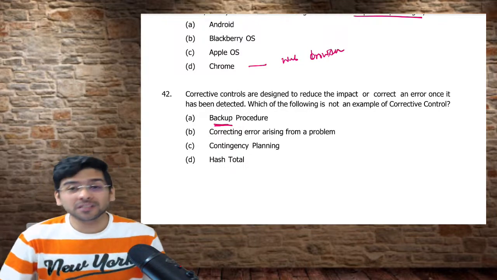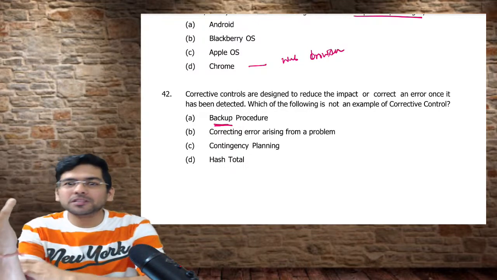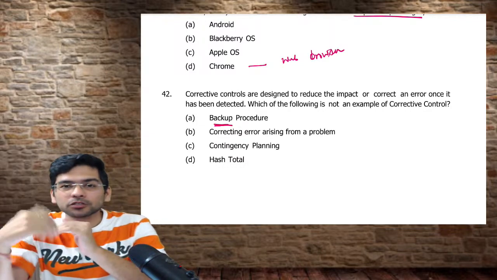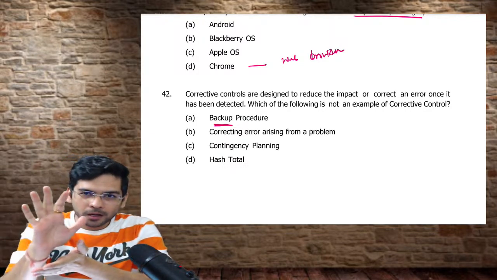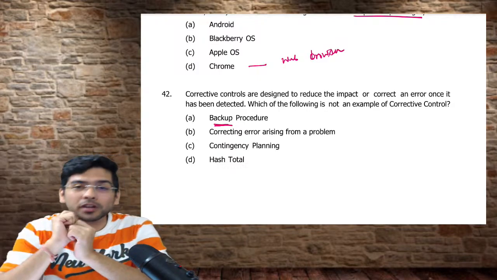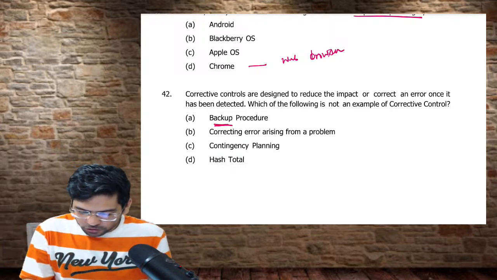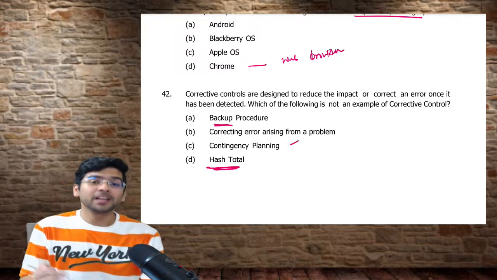Contingency planning, like business continuity planning and disaster recovery planning. If something bad happens, if there is a fire in the server room, all this planning is done previously, on what the approach of the company would be if the server catches fire or there is a disaster. So contingency planning is also a corrective control. But hash total, it is not a